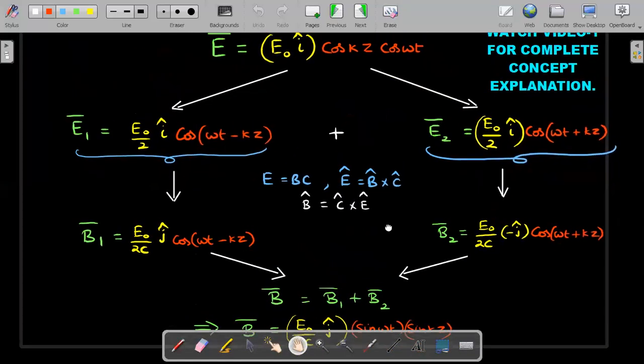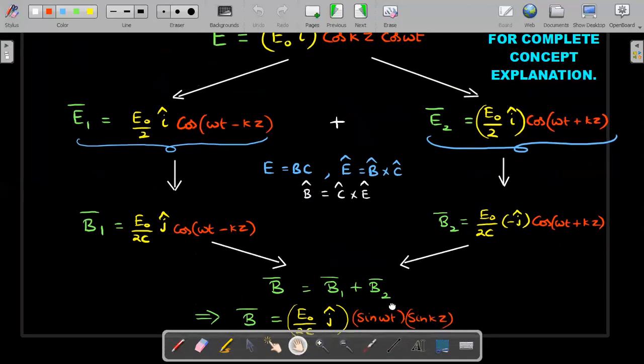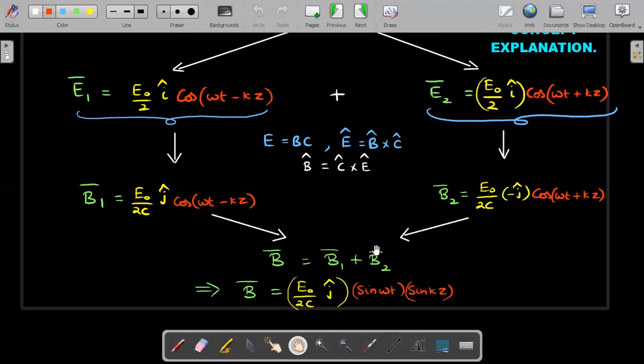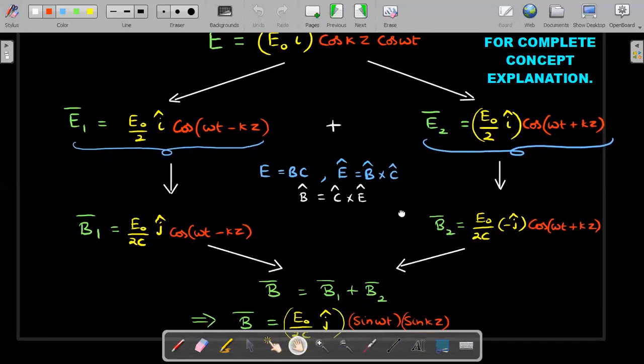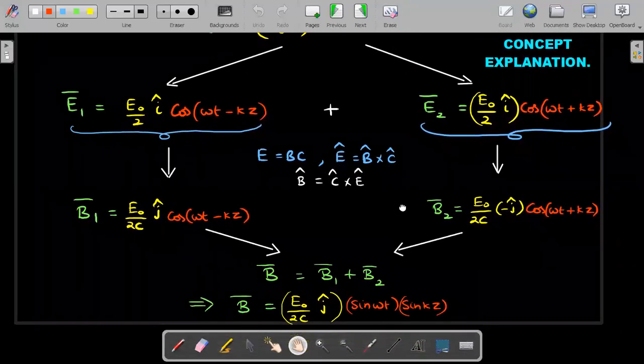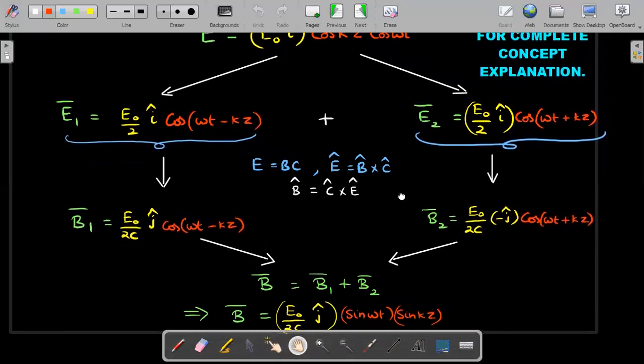So for standing waves, you should not write the same thing. If it is cos cos here, don't write sine sine cos cos here. If cos is converted to a traveling wave, for a traveling wave in phase works, and then we add because of a minus outside, you end up getting a product of sines. This is a commonly committed mistake by the students, and a lot of students lost marks in this particular question in that exam. This was one of the toughest plain electromagnetic wave questions. I hope you understood this.